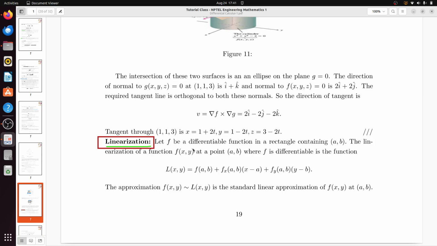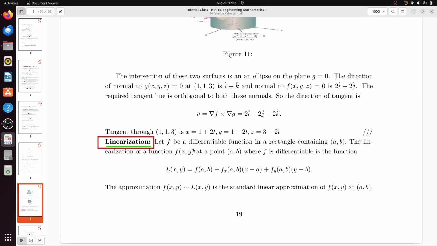Similarly, if you have the function cos x, then cos x can be approximated as 1 if x is very close to 0. So here linearization is a technique. Using that technique, what we will do, we will